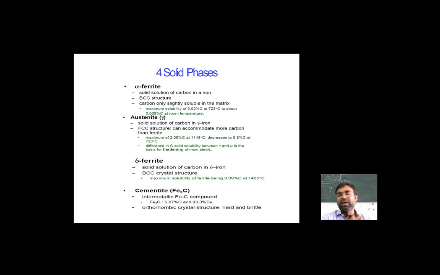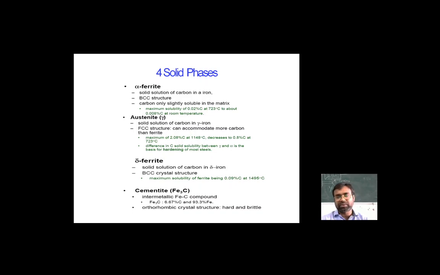As you can see, the percentage is very less, that is 0.022 to 0.008%. So that particular one is, you can say, the low carbon alloy steel as well. So this is how we can categorize the hardness and the other material properties as well. Further moving to the next solid solution, that is called austenite, gamma ferrite, gamma austenite, that transformed from